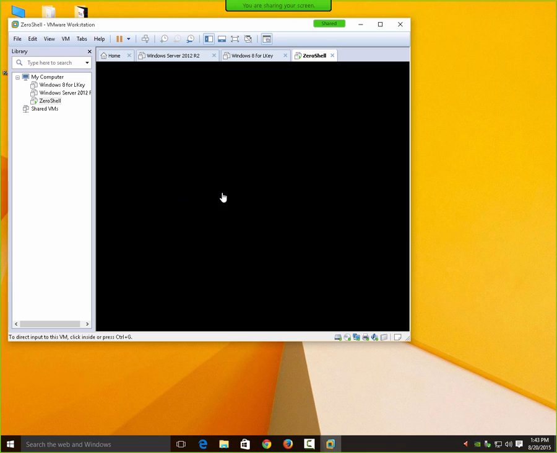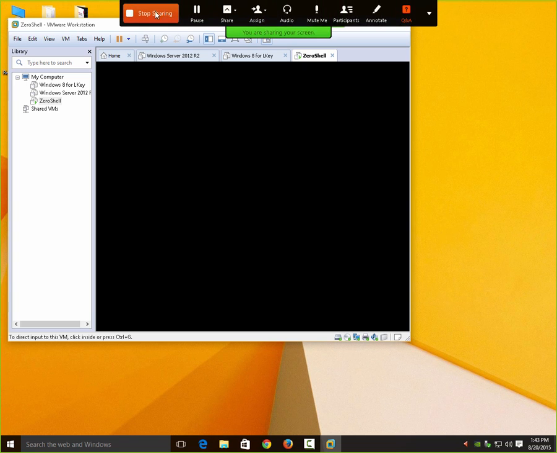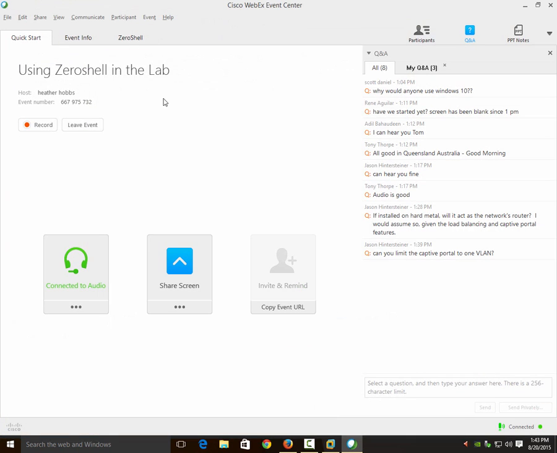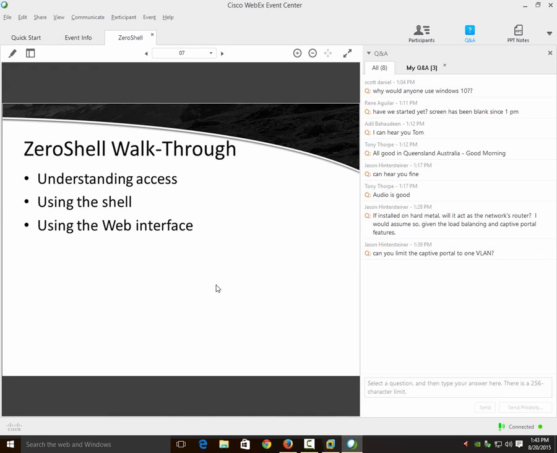Okay, so that gives you kind of an overview of ZeroShell and what it's capable of doing for you if you've not seen the tool before. And I think you'll find that this tool, which is again a live distribution, is just a great way to